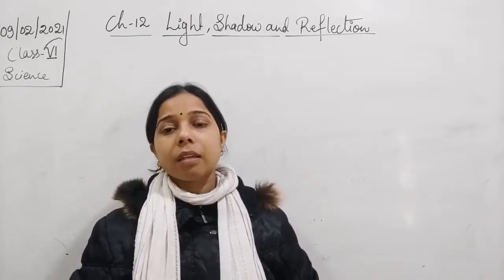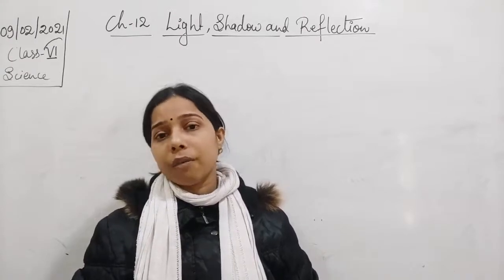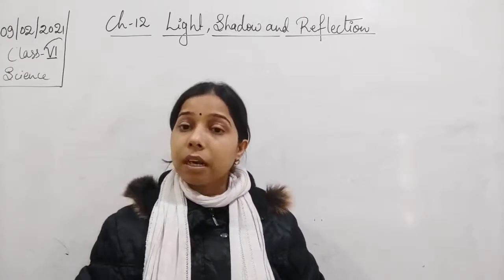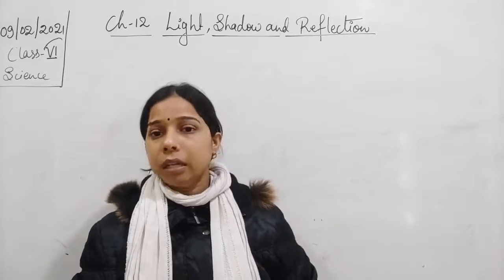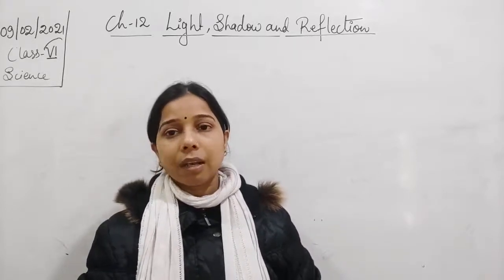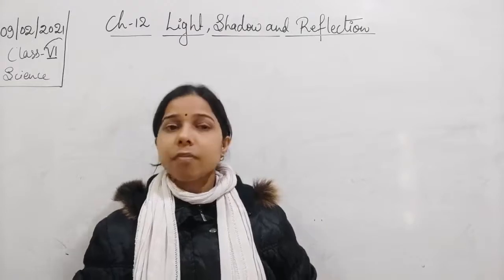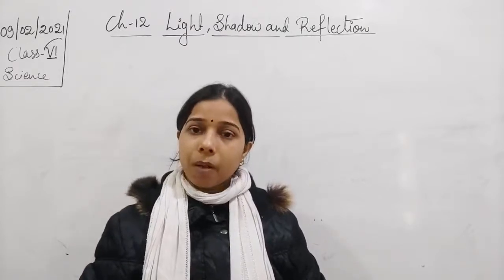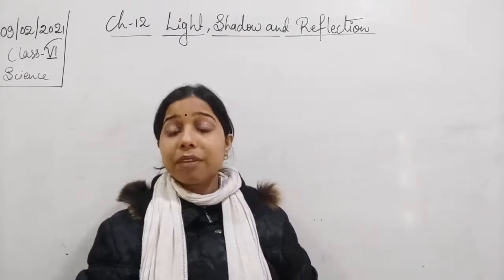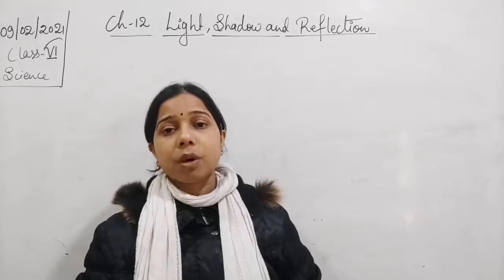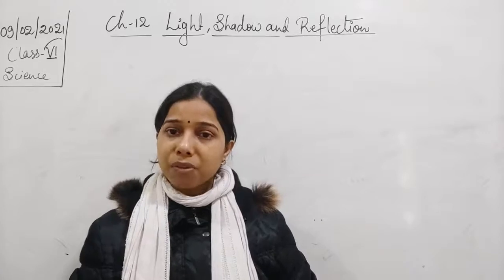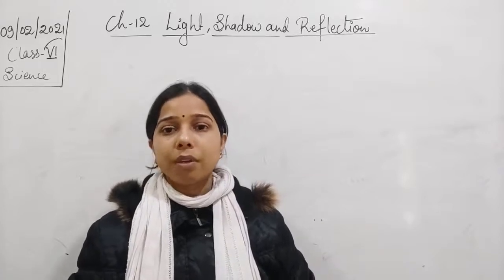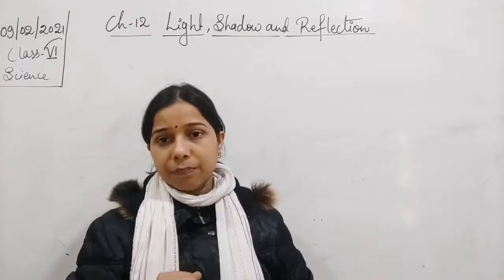The third thing is the color of the image. Obviously the color of the object will remain the same in the image. There will be no change in the color of the image here. Now the pinhole camera also forms a photograph if a photographic film is kept on the screen. So these are some of the characteristics shown by the pinhole camera.